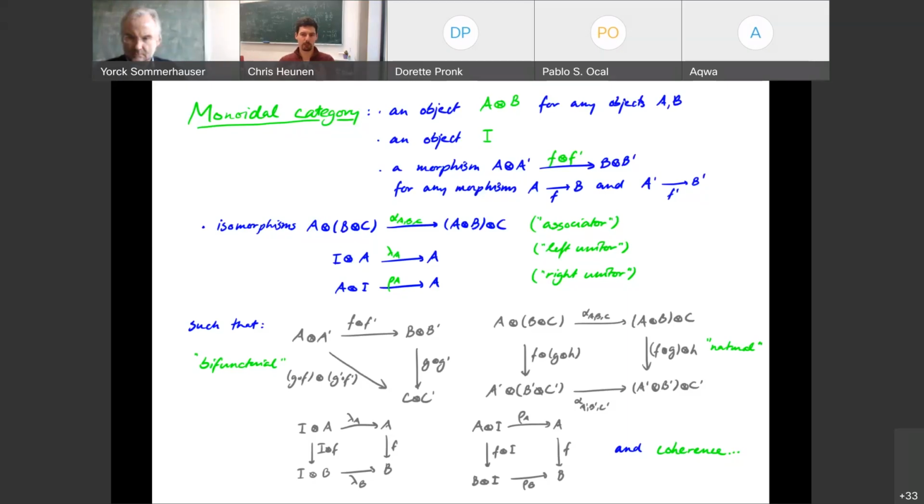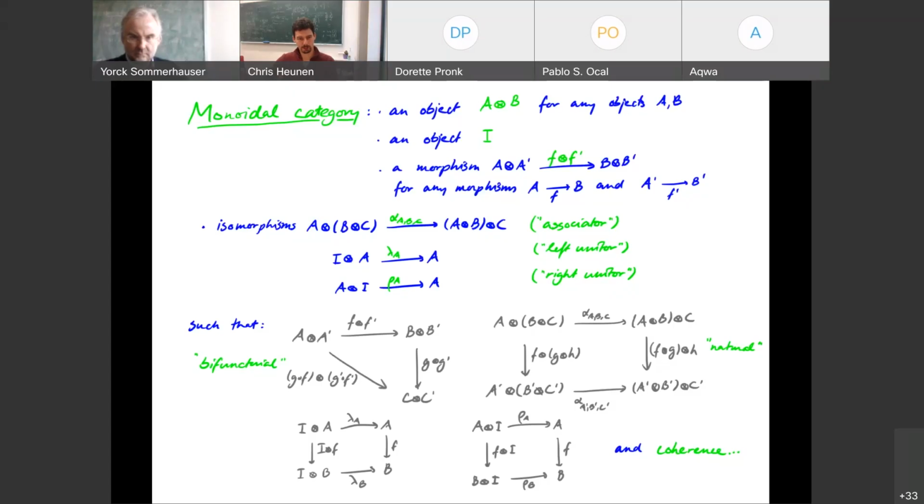That's like the empty system. If you think of A tensor B as the systems A and B put together, then you think of the tensor unit I as the empty system. And just like we're putting objects together with a tensor product, I also want morphisms to be able to be put together. So if you have objects A and A prime and objects B and B prime, I can take their tensor products. But if I have maps from A to B and from A prime to B prime, I also want to be able to put those maps together.